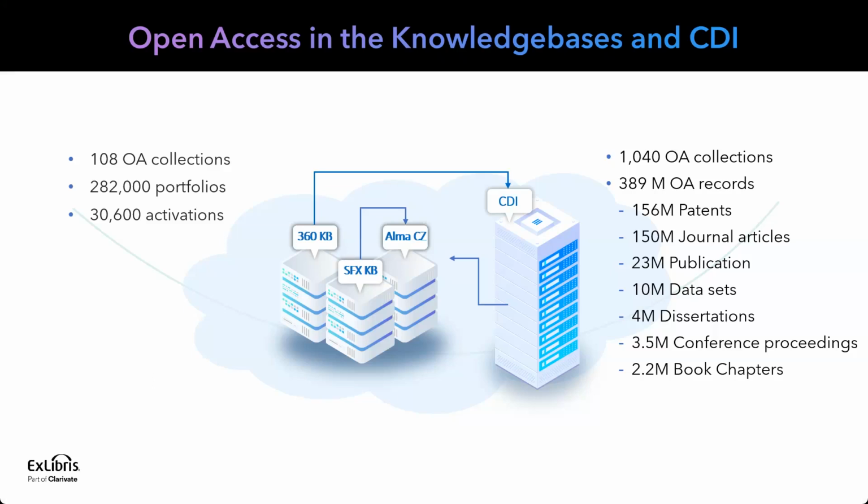The hybrid titles are more of a challenge to represent in the knowledge base, and I'll explain more in the next few slides. Once the content providers create new titles or collections as open access, it is crucial they send Ex Libris the title lists that correspond with these changes. Otherwise, there is no way to keep track of these updates. There are also content providers that specialize in open access. That is easier to track and maintain because all the rights are the same, and institutions can activate the collections without missing out on access rights.